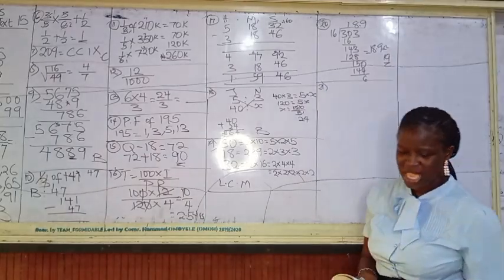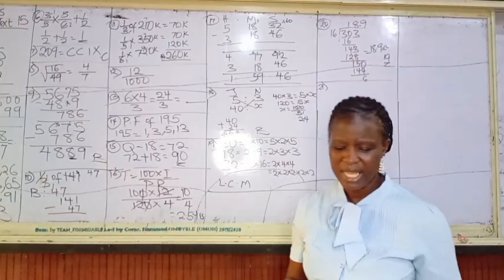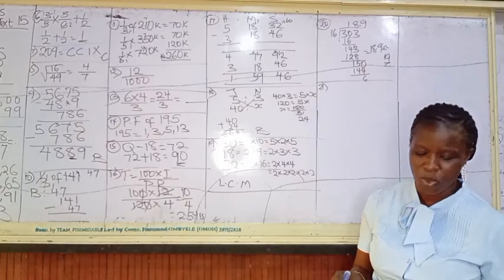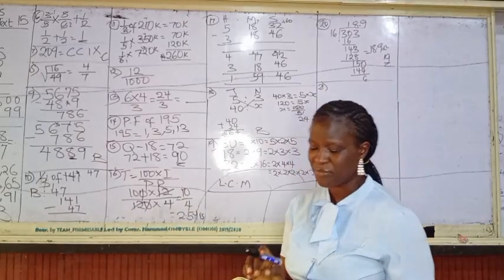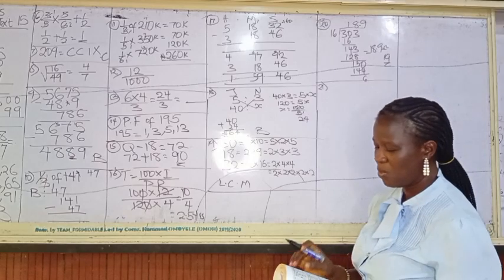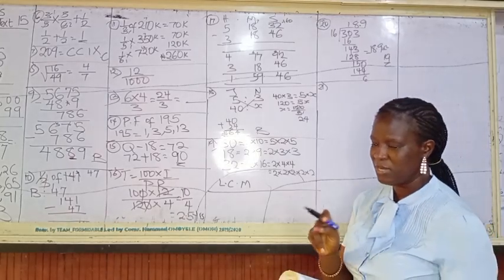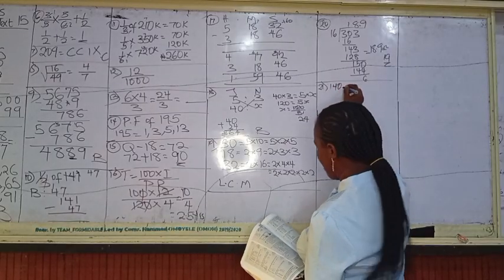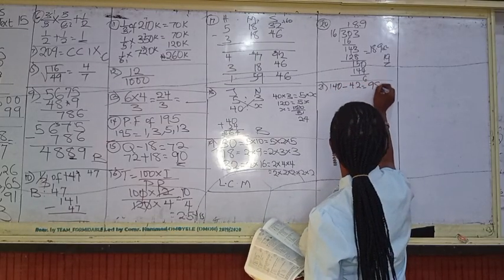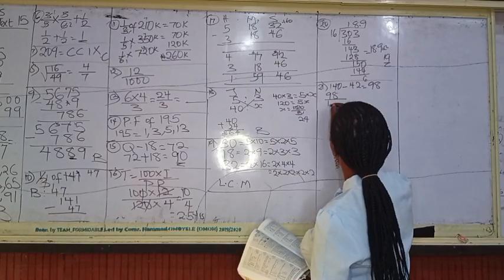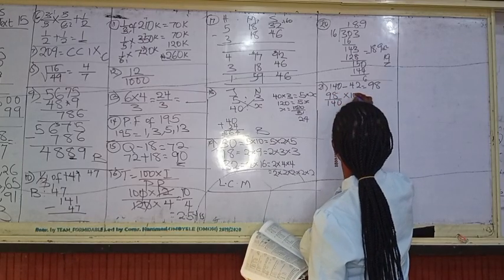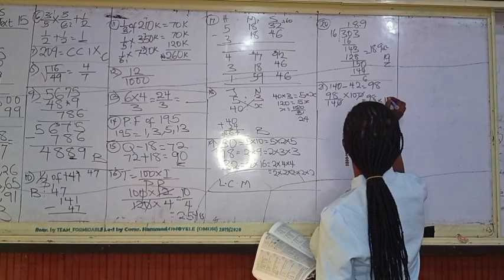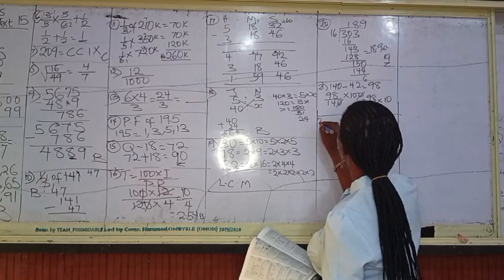Number 21. If 140 oranges in a basket, 42 of them were bad, what percentage of the oranges were good? We are told 42 were bad from 140, so you undo that first. Whatever answer you get is going to be divided by 140 multiplied by 100. So 140 minus 42, that is equal to 98. So it's going to be 98 over 140. You multiply it by 100. This is what can take care of this. So do this and let me have the answer in the comments